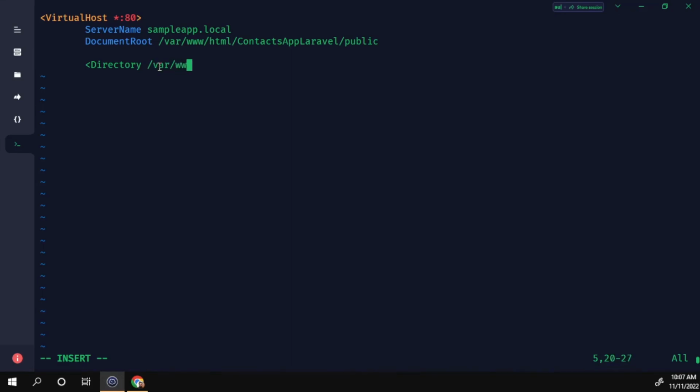So we'll do var www html context app Laravel, and let's close this directory, and we need to add this allow override all. So basically this is what you need to do in order to get the Laravel routing to work. Virtual host, so let's close that, and this is it. So let's get out of here. We're going to press escape